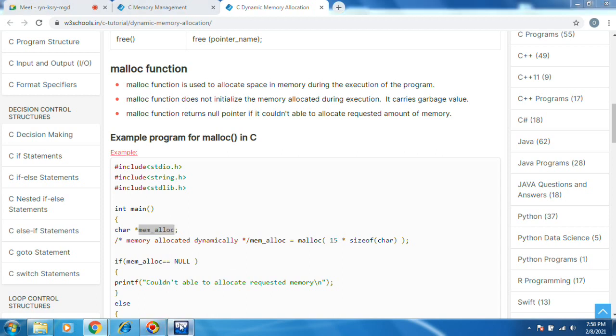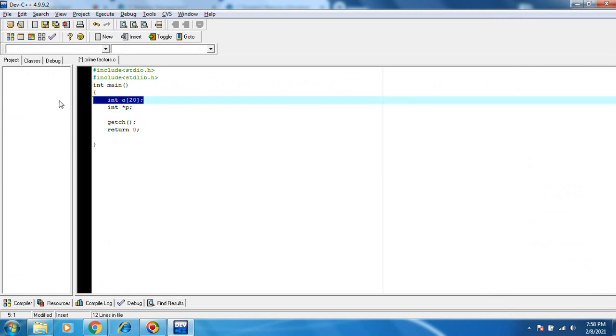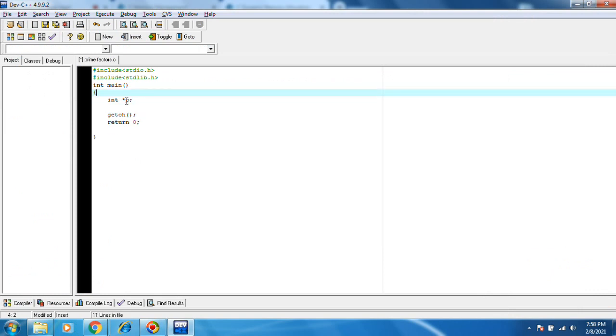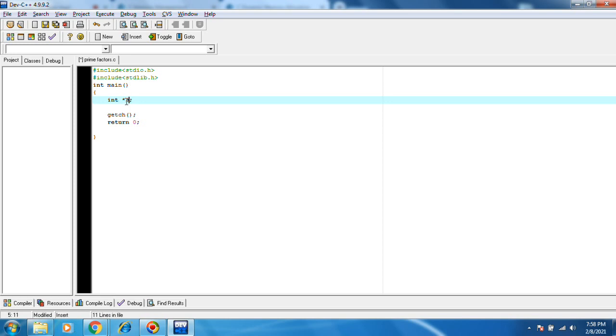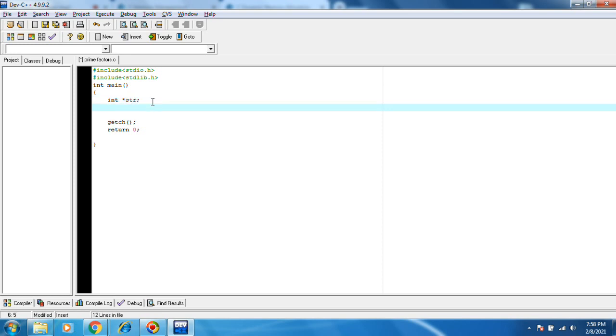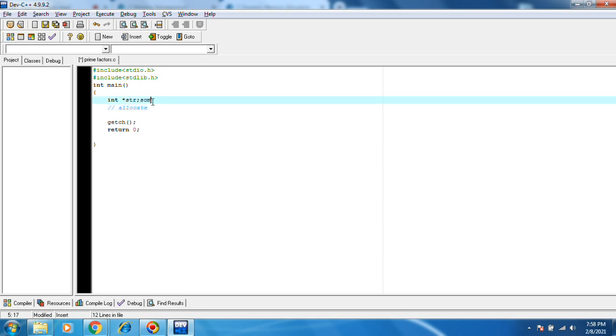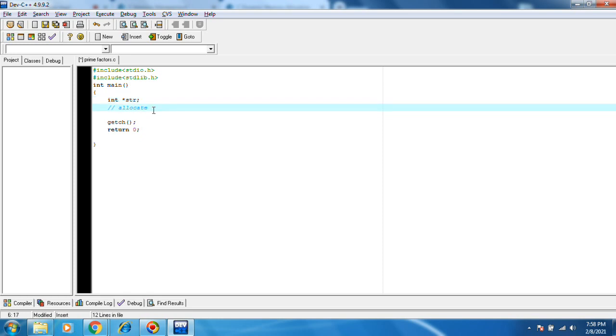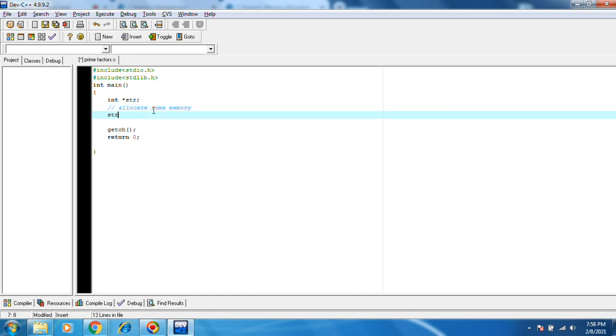Okay, let's do some program. Int star str, allocate some memory. Str equals to char. This one should be char. I want to add a string.